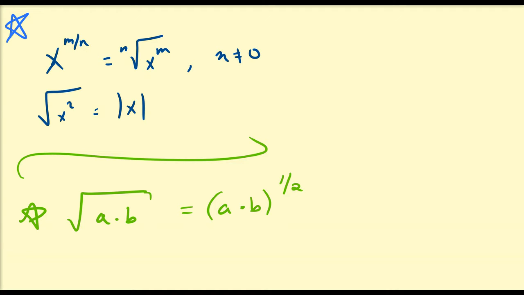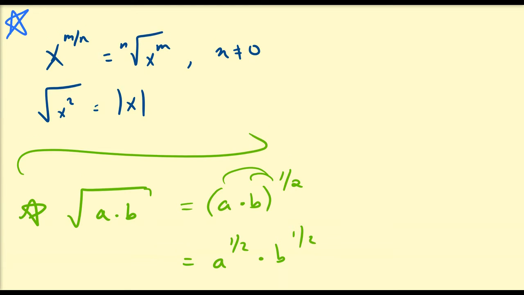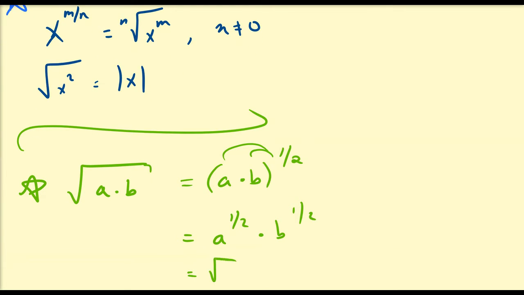So since 1/2 is an exponent, we can sort of distribute it over this product, and rewrite this as a to the 1/2 times b to the 1/2. So this is of course equal to the square root of a times the square root of b, provided that all of these expressions are defined, which is guaranteed if a and b are both greater than or equal to